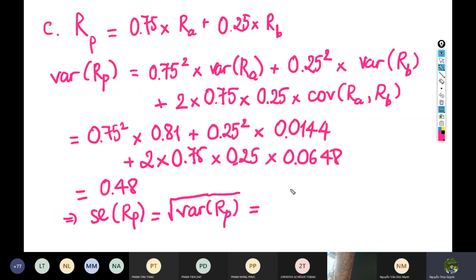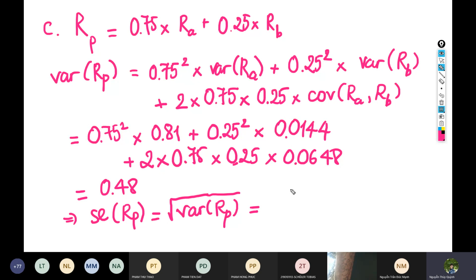Standard deviation is the word we use for the population, and for the sample we use standard error. Here the standard error is the square root of the sample variance, because here we have the sample